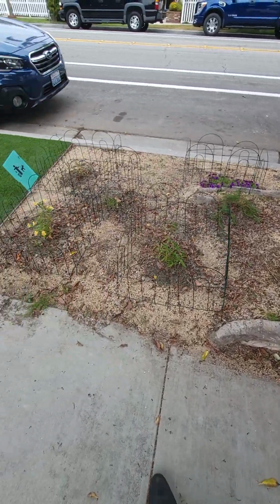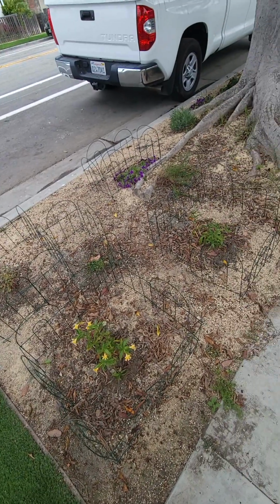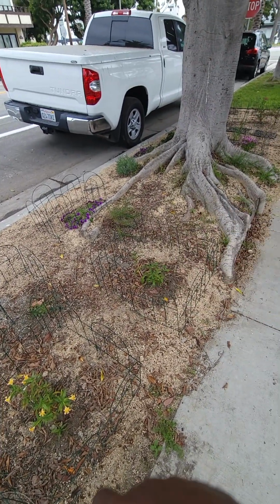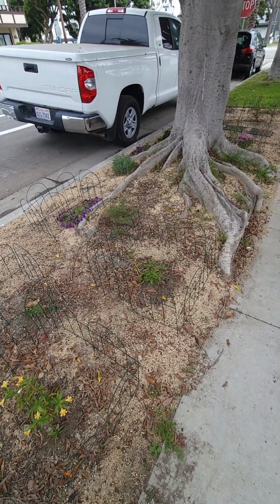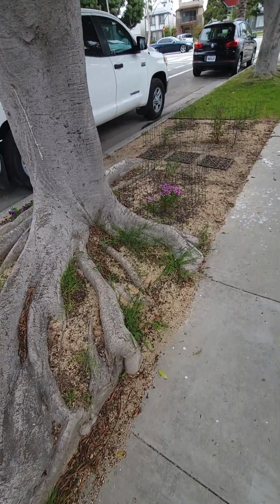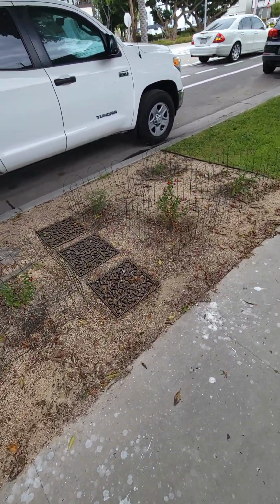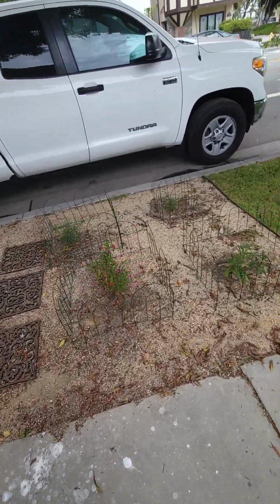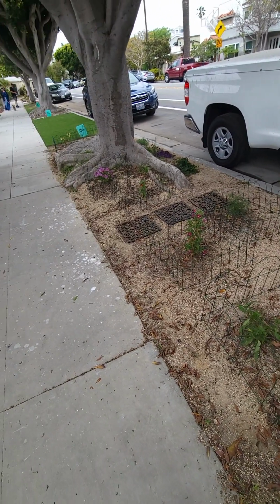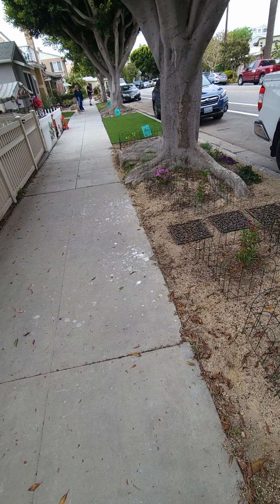I probably would go with more of a ground cover that's durable for foot traffic, and leave it at that, then plant plants in the different pockets where the roots are, and let them come out and decorate the parkway that way, rather than putting plants all within the parkway, because it's restricted from the standpoint of getting in and out of cars and maneuvering from the street to the sidewalk and from the sidewalk to the street. And we have people that walk their dogs and stuff like that, so that seems like it's going to be also something that